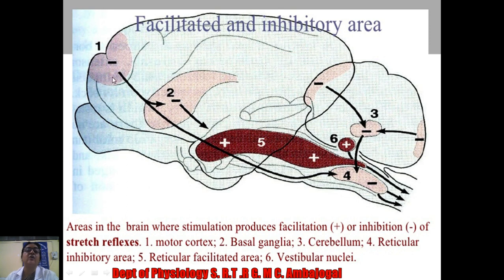So the higher centers, cortex, basal ganglia and cerebellum, influence the reticular formation to maintain the tone of the muscle. Now number 6, the vestibular nuclei, also has a positive influence, but the peculiarity of the vestibulospinal tract is that it mainly acts via alpha motor neuron activity and mainly influences the extensor muscle tone. The cerebellum has a role on the reticular formation as well as the vestibular nuclei. The cerebellum gives an inhibitory signal to the vestibular nuclei as well as the reticular nuclei to control the tone.